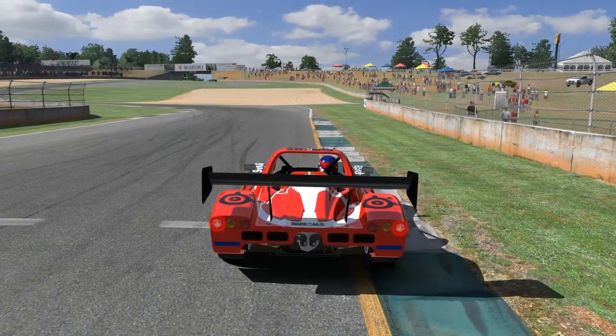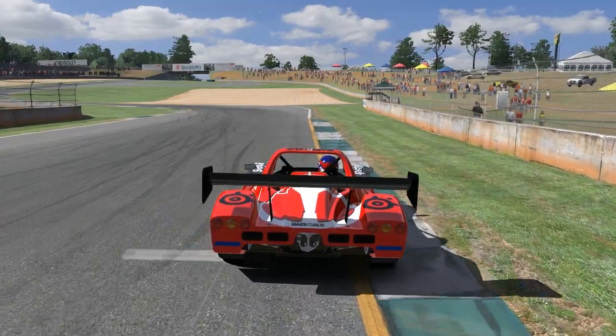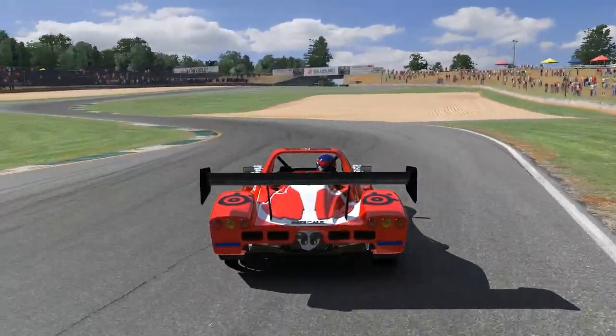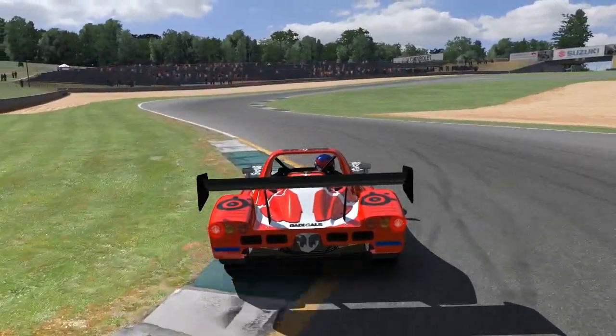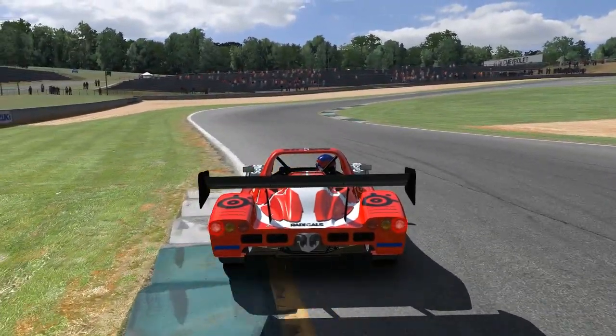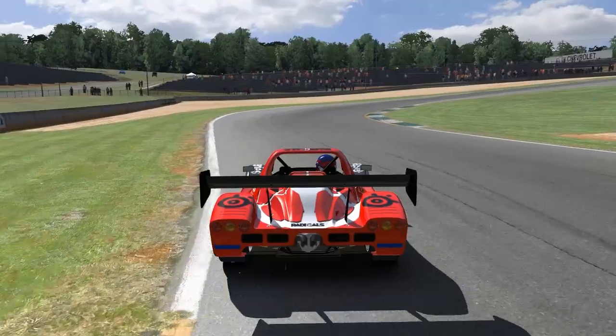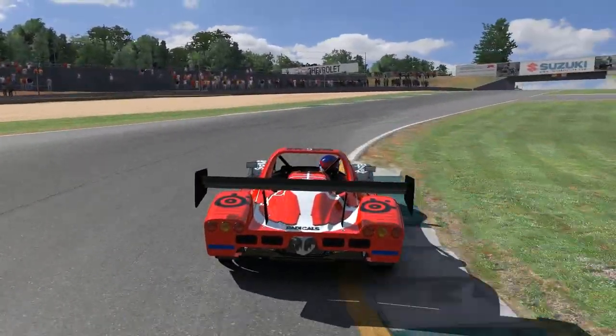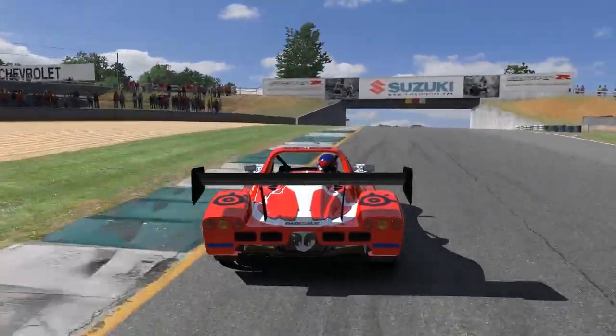I take this one in third, you might want to take it in second. Third seems to be working fine though. Where I am now is basically my turn-in point. You can catch quite a lot of this curb on the inside. The whole deal with this corner is to get a nice entry so you can get on the power nice and early through here,